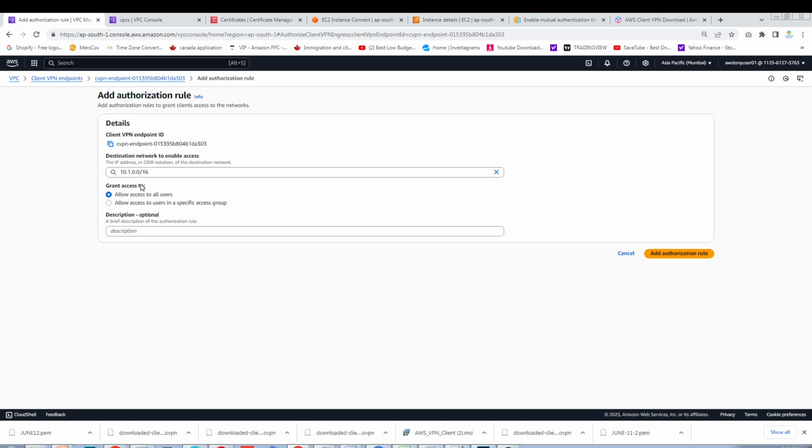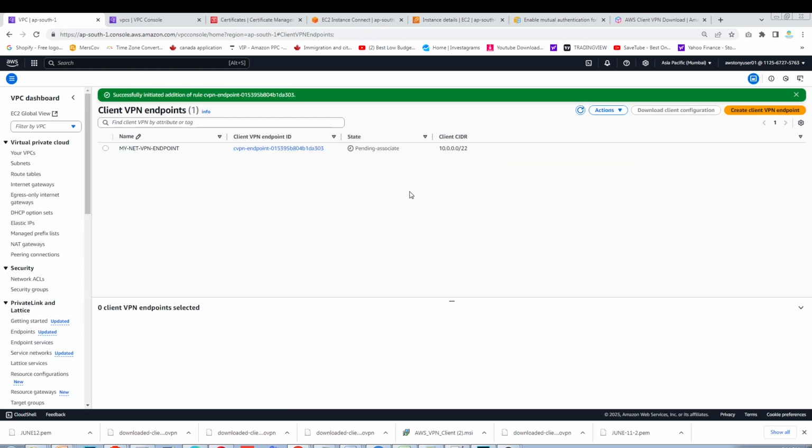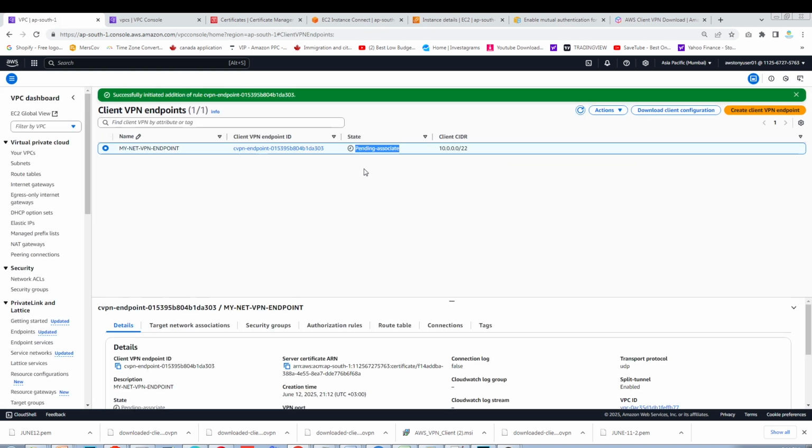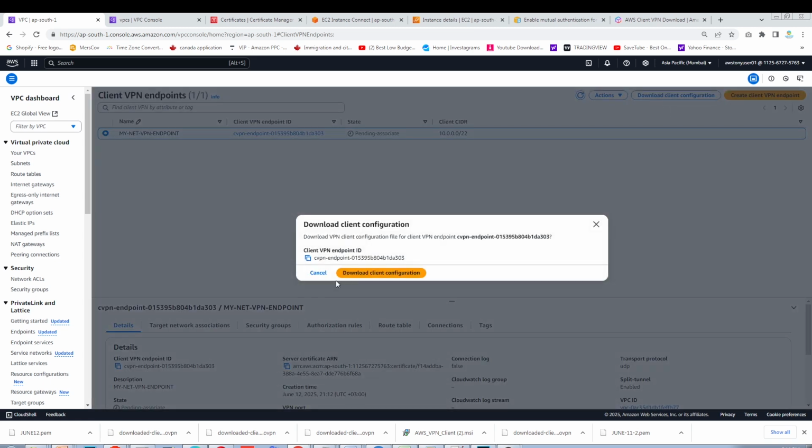But at this demonstration, I will just allow all, and then click authorization, and then refresh. So it will be pending. We will wait until it is ready, but while we're waiting for that, we can already download the client configuration that we will install in our laptop. So let's click download,